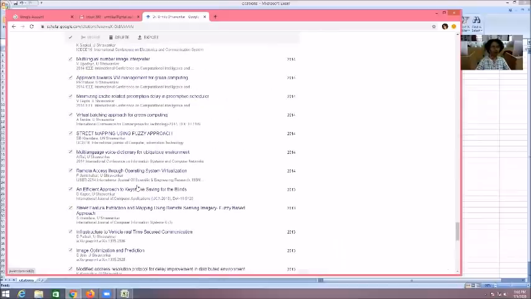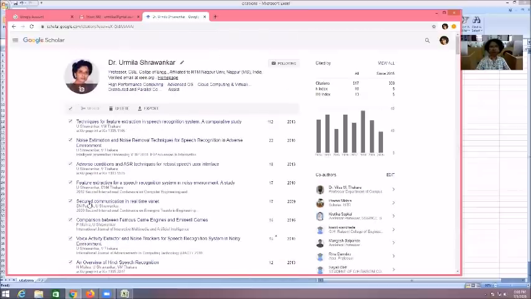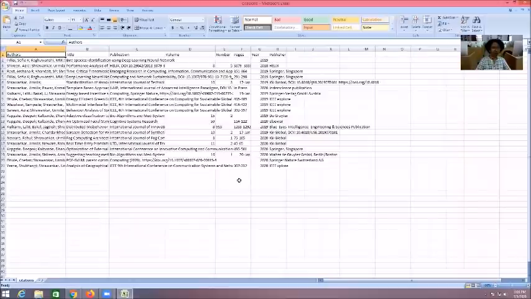Now you can go for export. There is some error, but okay, this is the procedure. This is a Google site connectivity problem, but this is the procedure, and you can get all the papers listed in one particular Excel file.